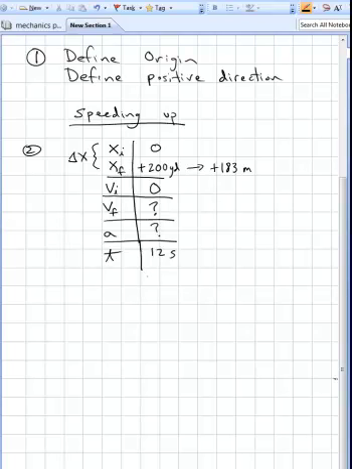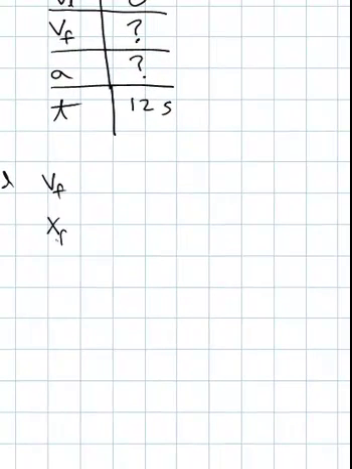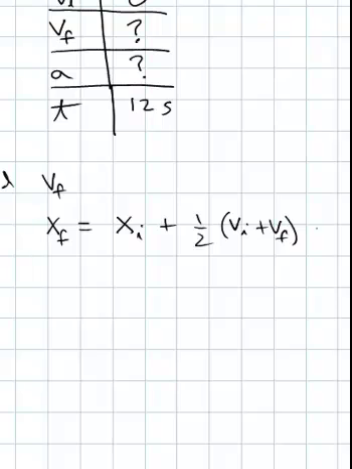So the first thing I'm going to do is solve for V final. And I'm going to choose the kinematics equation that's missing acceleration, because otherwise I'll have two unknowns, right? So I'll pick the equation that's missing acceleration, and that's this equation: x final equals x initial plus my average velocity, which is 1/2 times v initial plus v final, times my